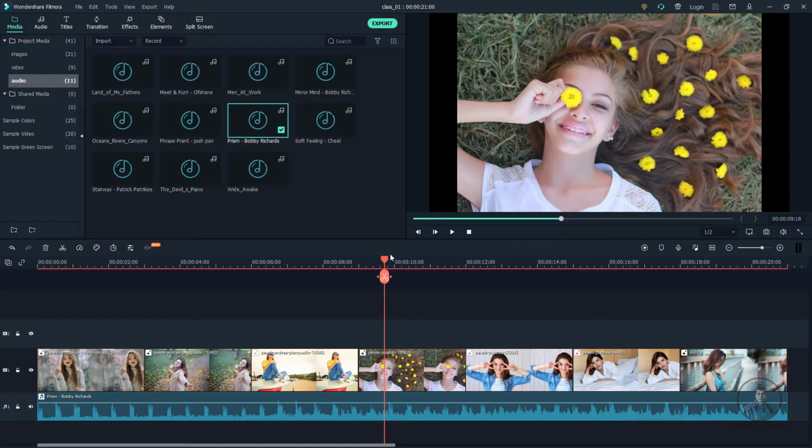Now if you notice in this viewer, on the left or right side, you may see some black space here. This is actually due to our media's aspect ratio. Now let's check some other media also.